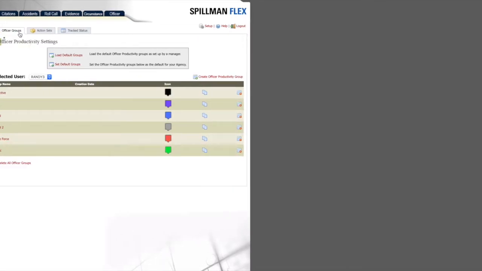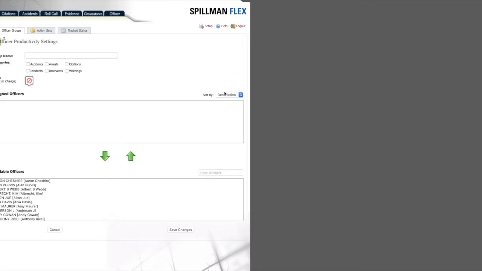So the first setting is officer groups. To create an officer group, you click on the red button. Here's a list of all officers that are in your AP names. So it could be employees, officers, retired people. Whatever you have in AP names is what's going to show up on this list. So you can go down through here and type a name